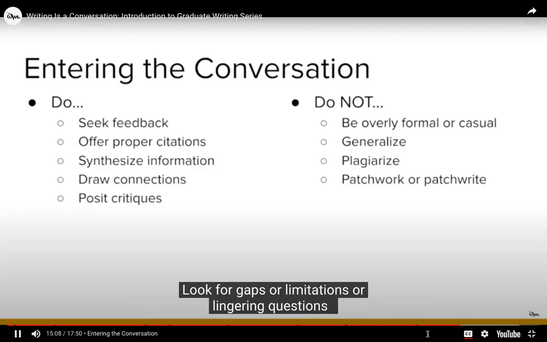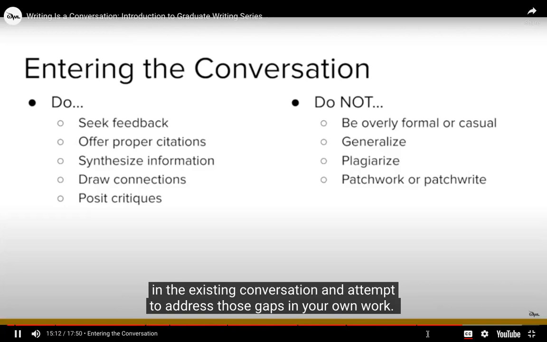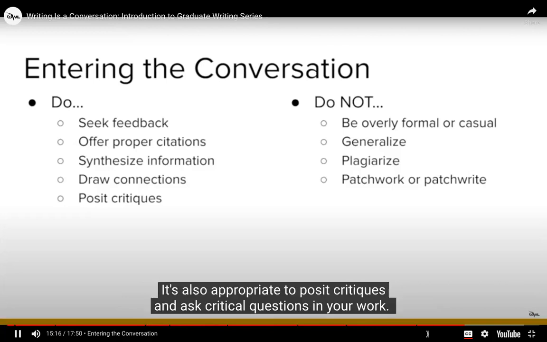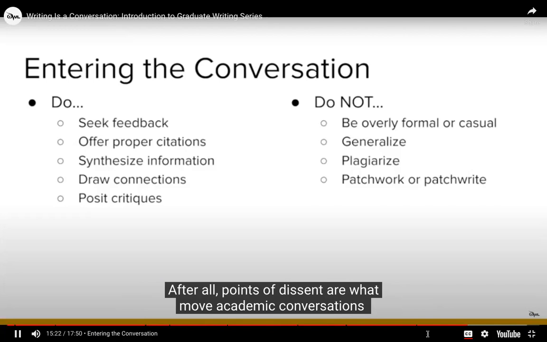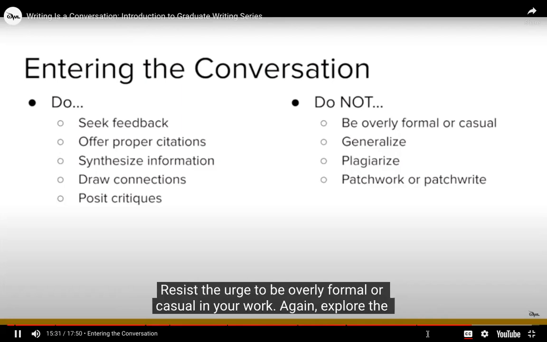Look for gaps or limitations or lingering questions in the existing conversation and attempt to address those gaps in your own work. It's also appropriate to posit critiques and ask critical questions in your work. After all, points of dissent are what move academic conversations forward. As for things to avoid in your academic writing, resist the urge to be overly formal or casual in your work.